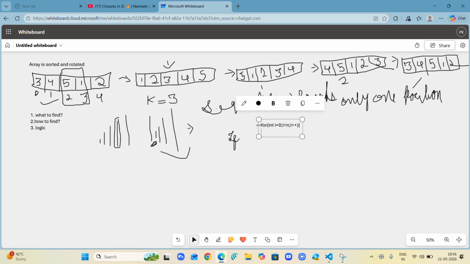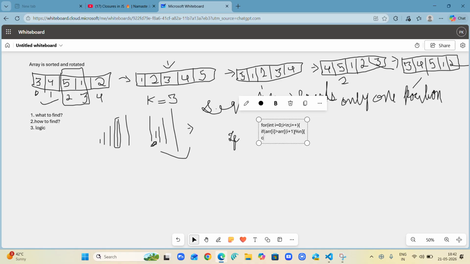Then I will apply the condition: if my array[i] is greater than array[(i+1) % n], then you have to do count++.